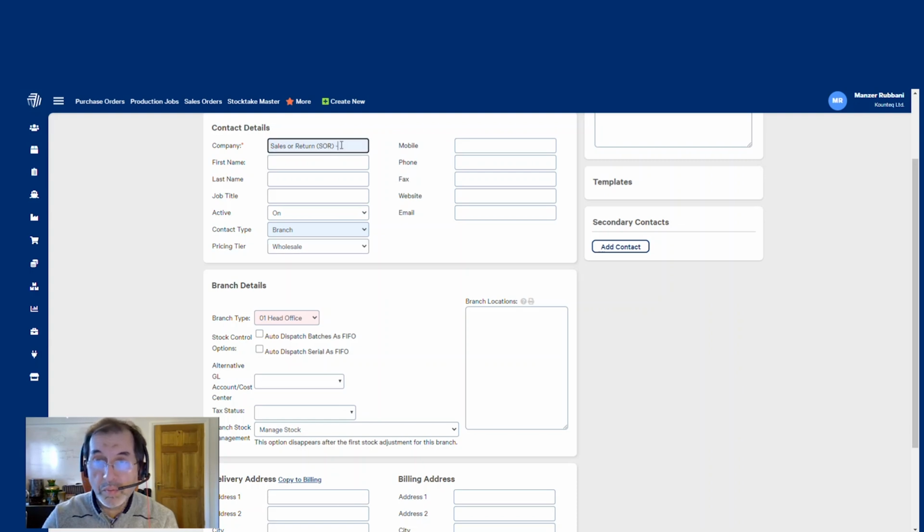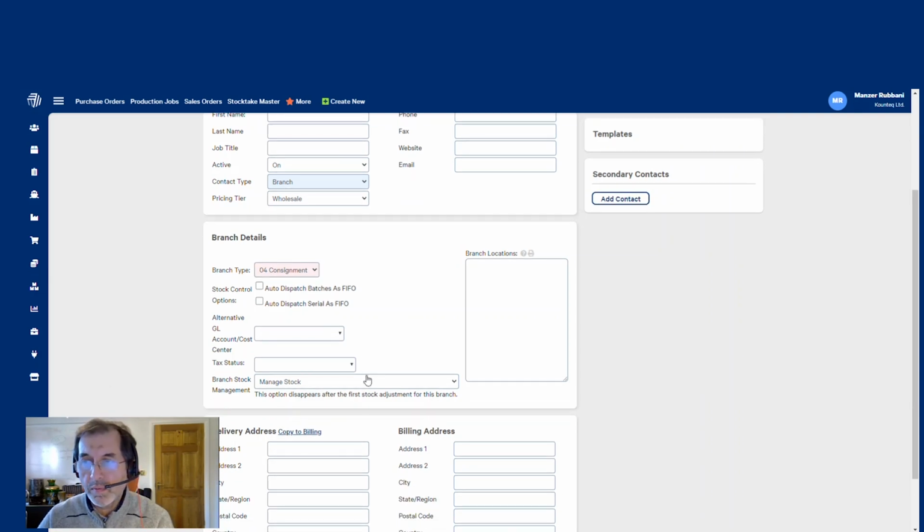So you would possibly have a client, say ABC Limited, as a third-party client, and this is stock sitting there. This is the branch. The next is the branch type, which is consignment, which basically means that the stock is being held at this branch, at this company, on your behalf. You have title to the goods. And that really is in terms of initial settings.